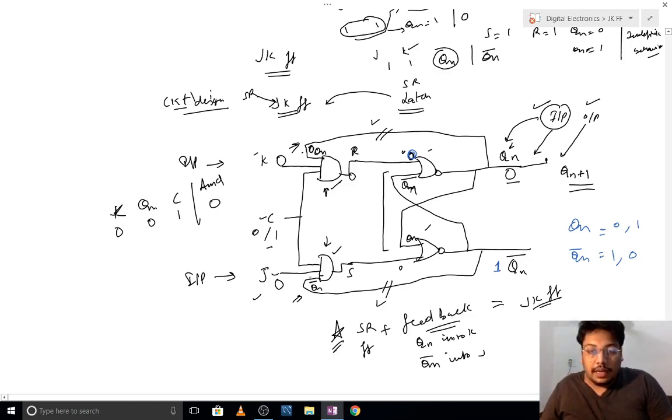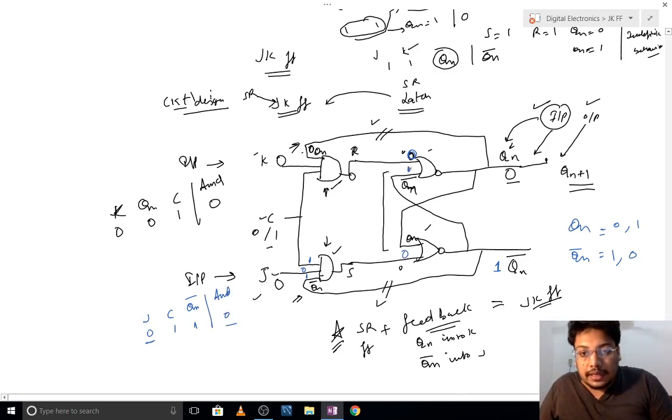So 1 will be here, and J is 0 and C is 1 and Qn bar is 1. Again it will be giving me 0 because of the AND gate operation. If a single 0 is there, then it will output 0. Now that Qn bar will be going here, which is acting as 1.